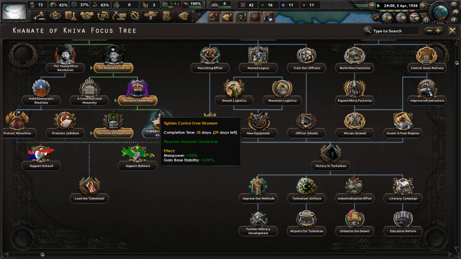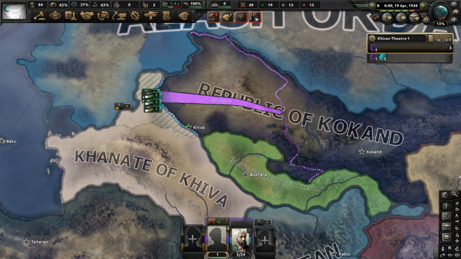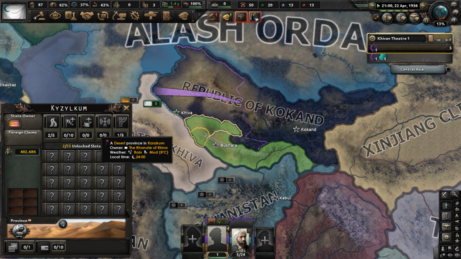Tighten control over Kharazim. It says here, we should eliminate the Young Khiva party and its influence that pervades the region of Kharazim before the foul taint of... Okay, yeah, I don't think the current government of Khiva in this playthrough likes democracy, it causes a threat to the regime, the monarchy effectively. But it says here, we're going to basically deal with the Young Khiva party. And from this, we'll gain some manpower and base stability. And we have our army just watching the Republic of... I don't know, I want to invade them somehow, some way. I know we should be able...